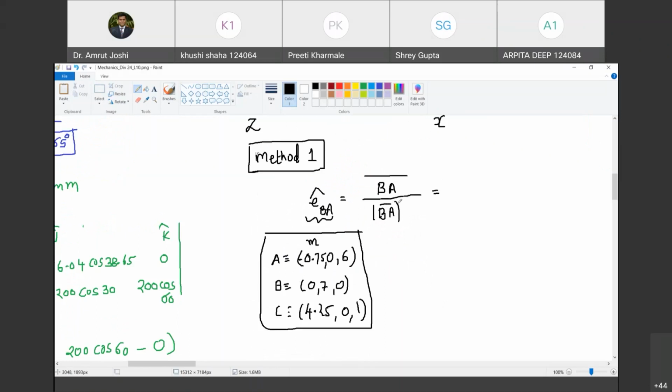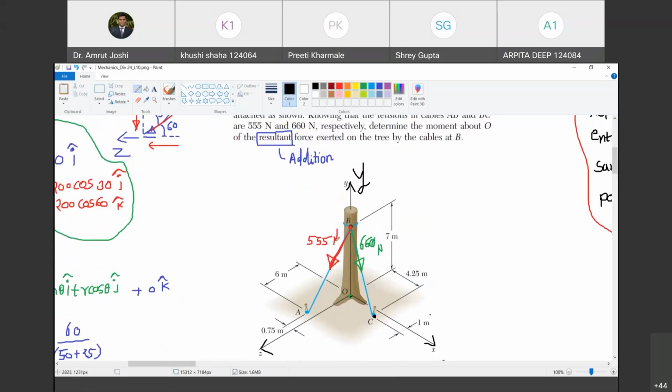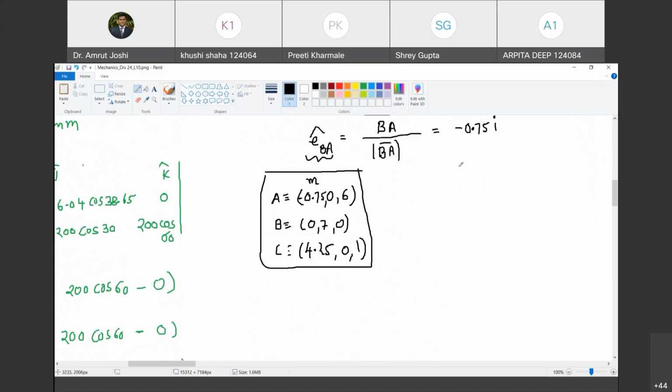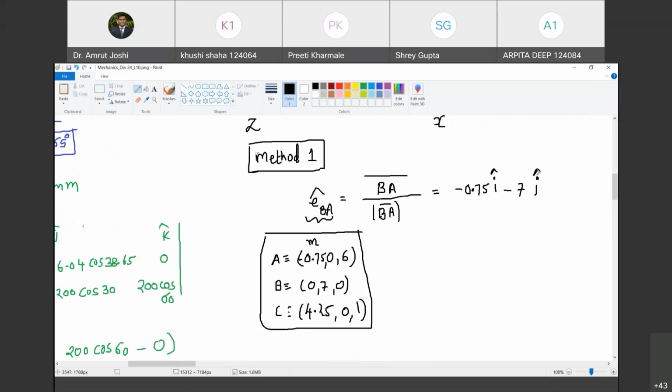So the vector is directed from B to A. So coordinates of A minus coordinates of B. So minus 0.75 minus 0, it is minus 0.75 i cap. Yes, sir. Are you with me? Then 0 minus 7: A's coordinates minus B's coordinates, because we are writing down the vector directed from B to A. So minus 7 j cap. Happy? Yes, sir. And the third one is plus 6 k cap. Are you with me? Yes, sir. This is the vector BA bar.